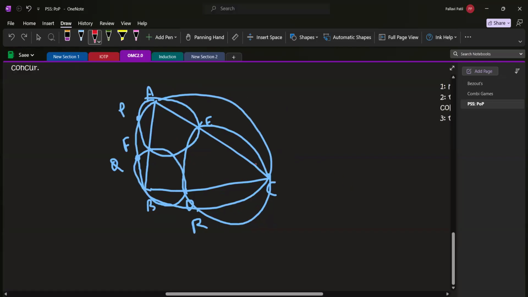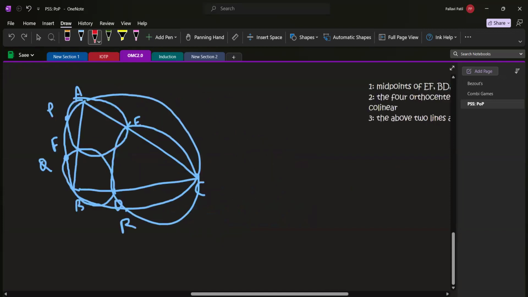So notice that the circle that passes through C, E, and Q is basically just the circle with diameter CI, because IQC is 90 and IEC is also 90. Similarly, the circle that passes through E, I, F also passes through I. The circle that passes through B, F, Q also passes through I. So we know that these three circles